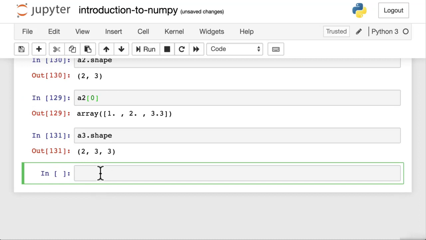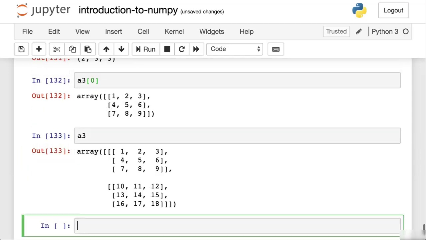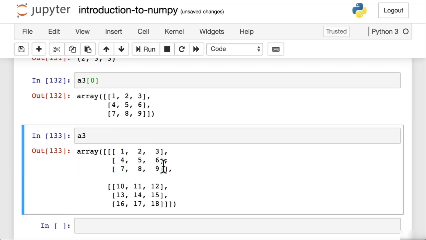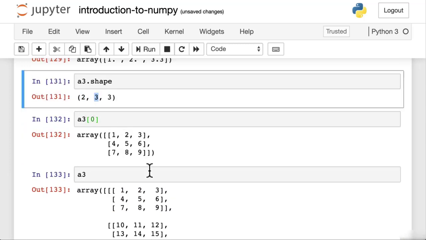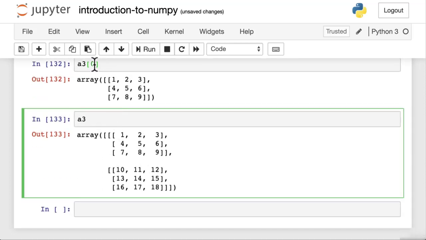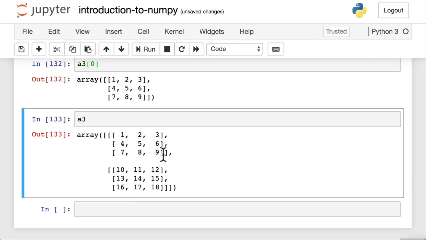This is 2, 3, 3. Let's get A3, 0. Wonderful. But if we have a look at all of A3, it's giving us back the first matrix. So if we see here 2, 3, 3, and A3, 0 is giving us back this first matrix or first